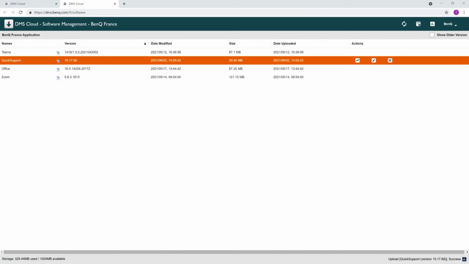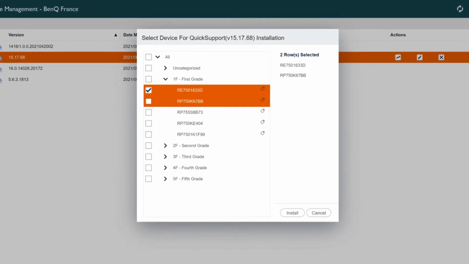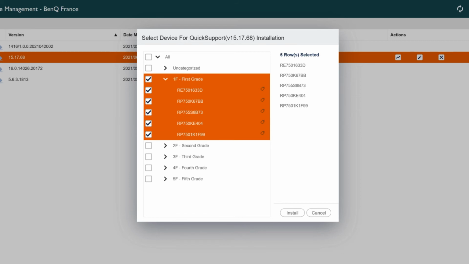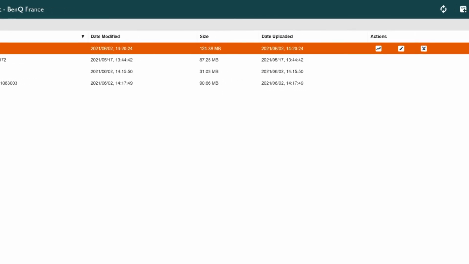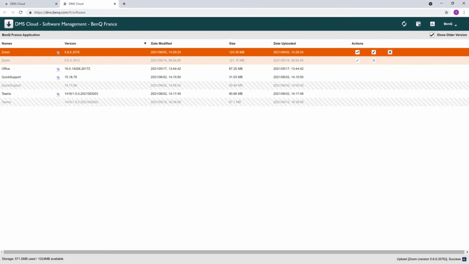Now select the app you would like to install from the list and click the Install button. You can select groups or devices to deploy the app on. Then click Install. Checking the Show Older Version box allows you to manage all versions of your apps that have